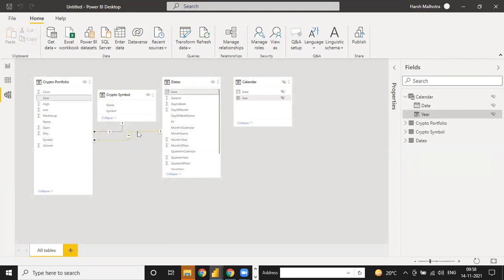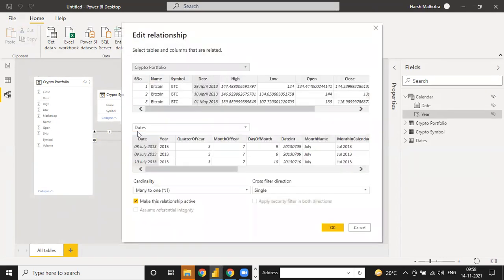And now, what types of relationship do we have in Power BI? Okay, so in total, guys, we have four types of relationship. Here are the types of relationship: many to one, one to many, and many to many. So guys, many to one and one to many are similar. It means the third one and the first one are similar. Similar means together it's 100% similar. Nothing is different.